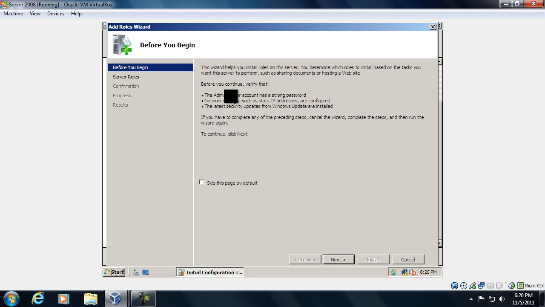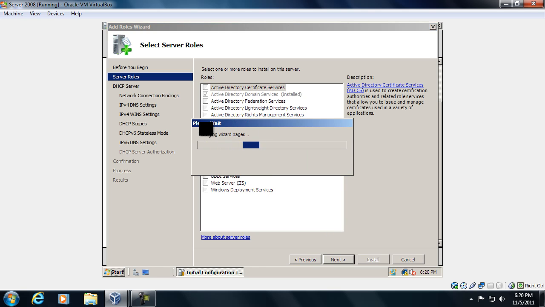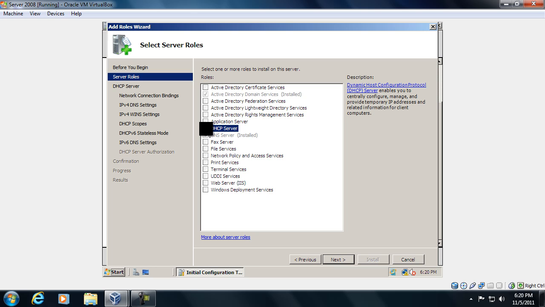Before you continue, verify that the administrator account has a strong password, network settings such as a static IP address are configured, and the latest security updates from Windows Update are installed. Go to next. Our machine already has a static IP as well as a strong password, and updates will be configured later. We check the DHCP server checkbox and the wizard will initialize. Go to next,